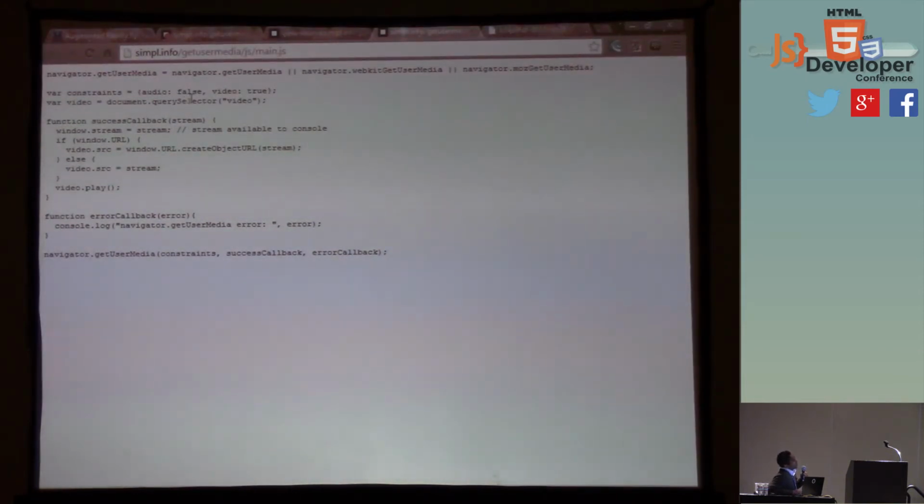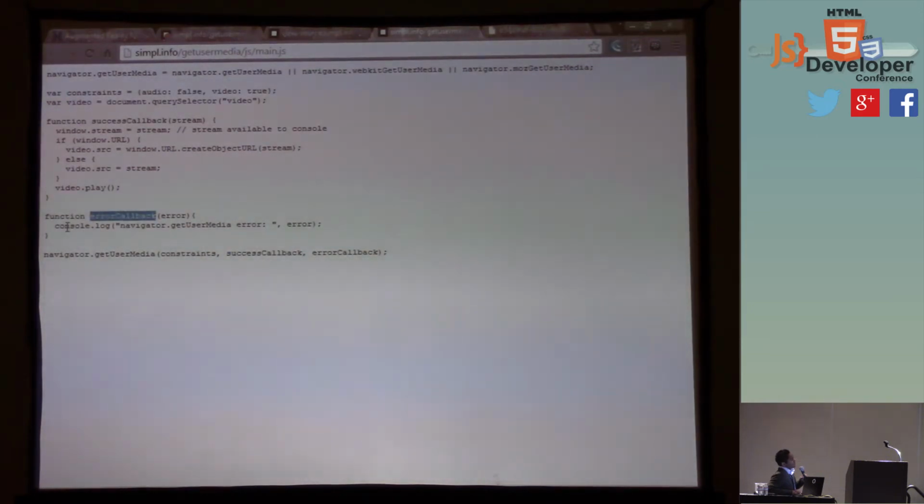So this is saying no audio, have video, and then you can also pass in the size of the window that you want to use. Like I said, this particular site just gives you a very simple example of how it works, but that's good enough. And then this is the magic line here: navigator.getUserMedia, the constraints, and then the callback is what happens when it gets the video, and the error callback is what happens when it doesn't.